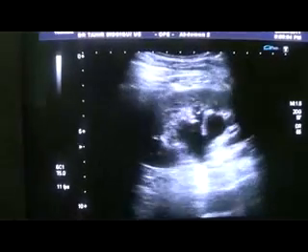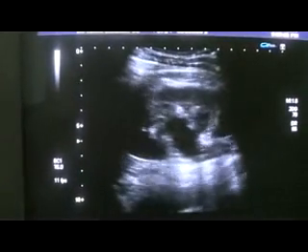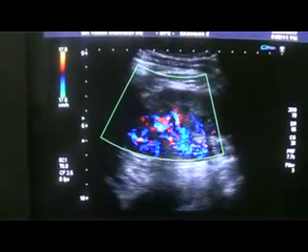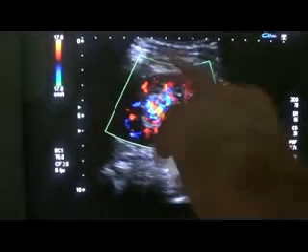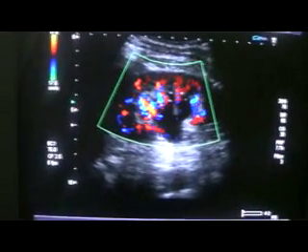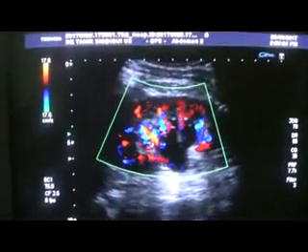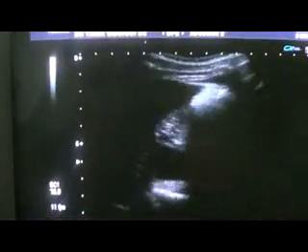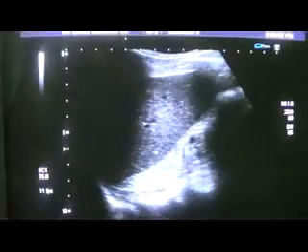Here you see again the right kidney, the ureter, and here I want to show you the degree of blood supply to the parenchyma, very well perfused. And this is the left kidney that we have so far seen and discussed. Now showing you the right kidney. This is the right kidney of the patient,